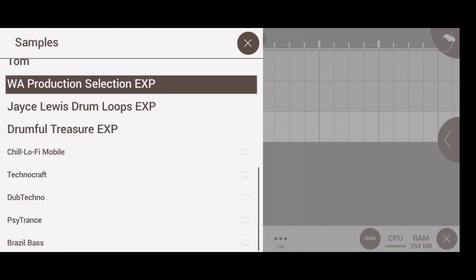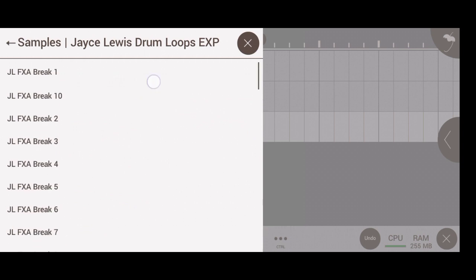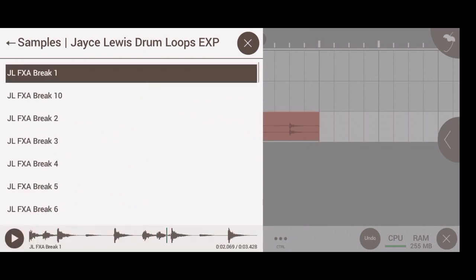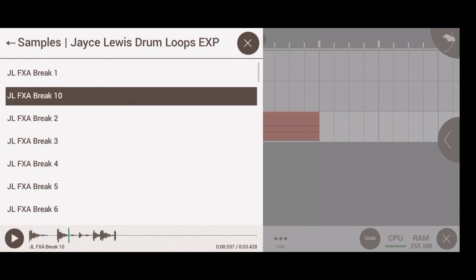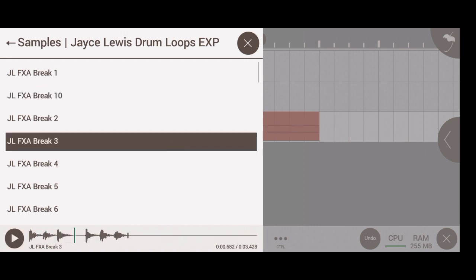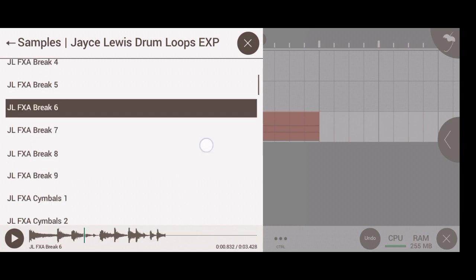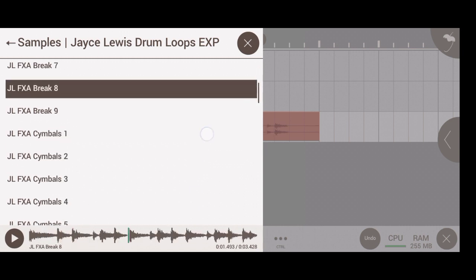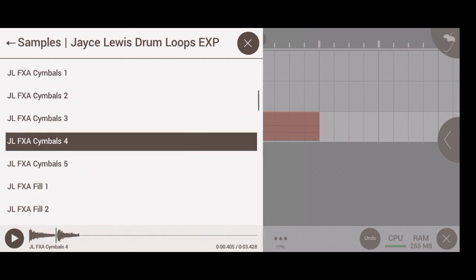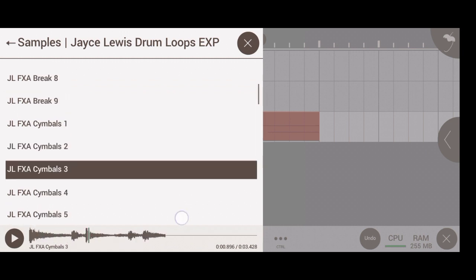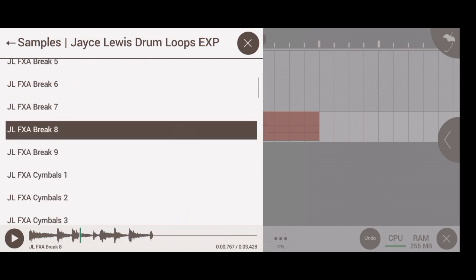Let me go to Jay's Louis drum loops. Then let me find a nice drum loop, then add a send. I'll try to add a reverb, then after I'll make a drum loop. So let me look for a good break, something nice, and then I'll show you a send. But I want to create a new drum loop where I can show you how you can add send and